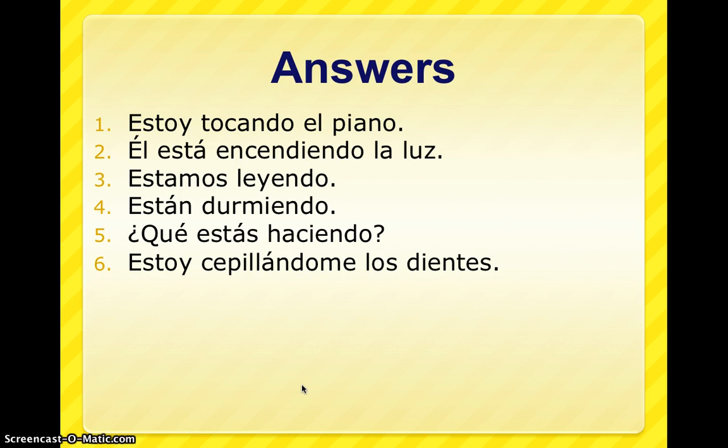Y número 6, so here we have an example of using a reflexive verb. So we have the option to, remember, put it before the estar or to attach it. So if we attach it, we would end up with estoy cepillándome los dientes. Again, notice that we go 1, 2, 3 vowels back, and here